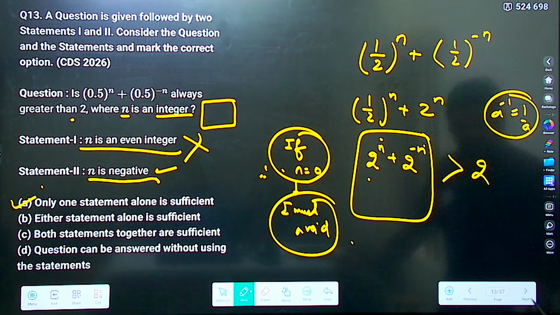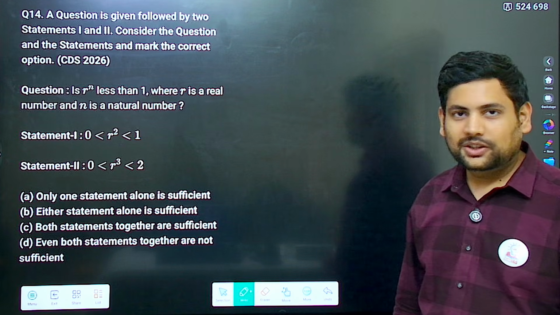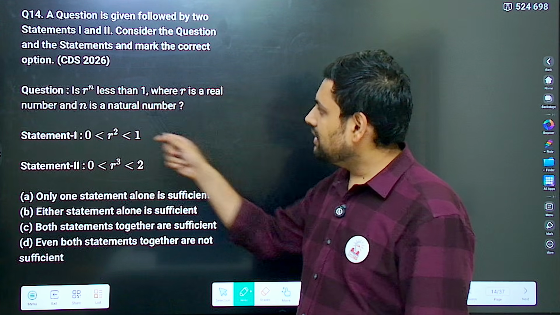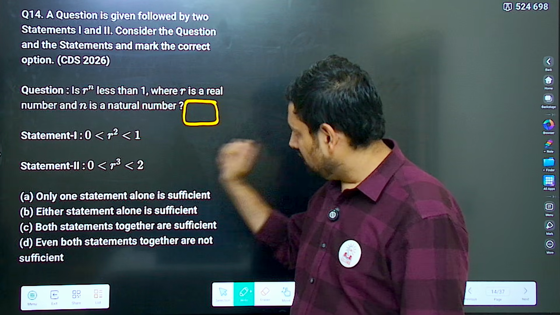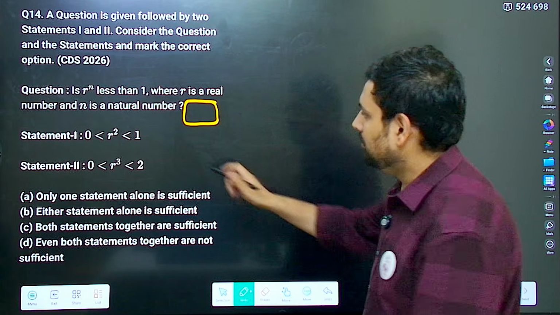Yeah, this is another question. If r power n is less than 1, where r is a real number and n is a natural number, again what you will fill here, either yes or no. Correct. Now first statement,